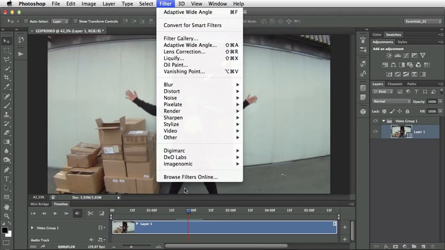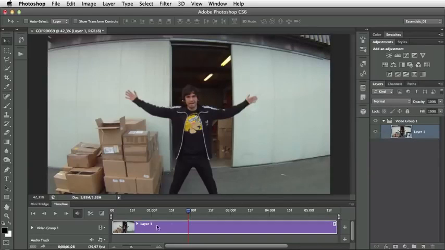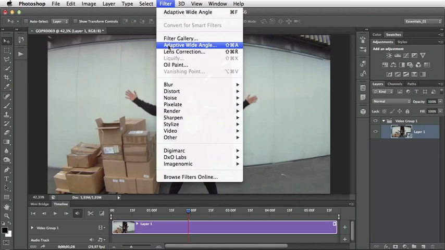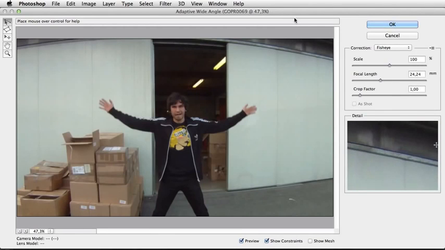I would like to impact all the video recording, so I need to convert it for Smart Filter first. So in fact, we convert the layer into a smart object. You can convert it another way: right click on the layer, or Layer, Smart Object, Convert. So here it's a smart object. You can see this little icon, and now I can just select Adaptive Wide Angle, and I have this filter